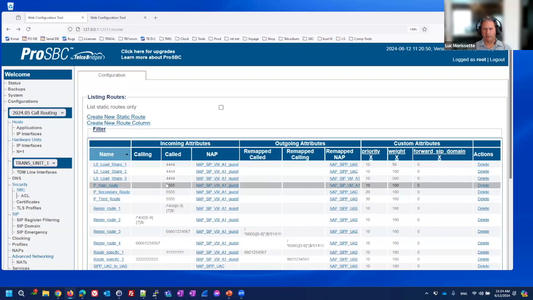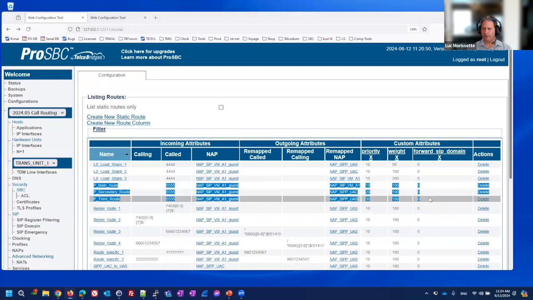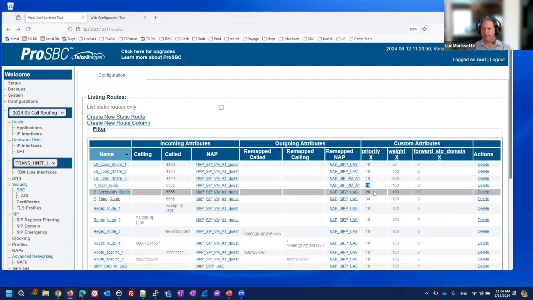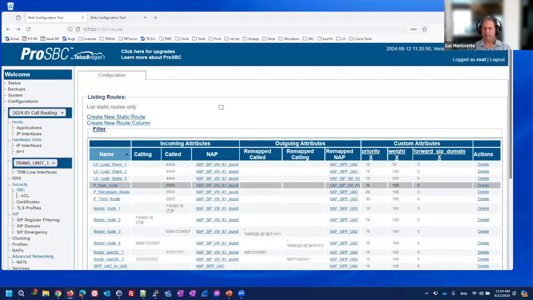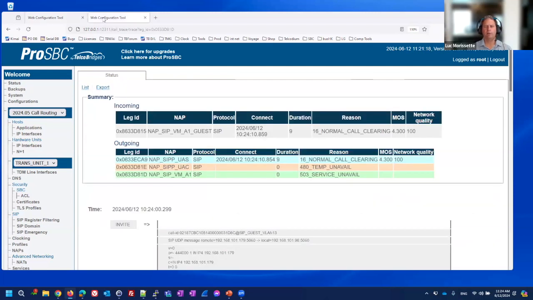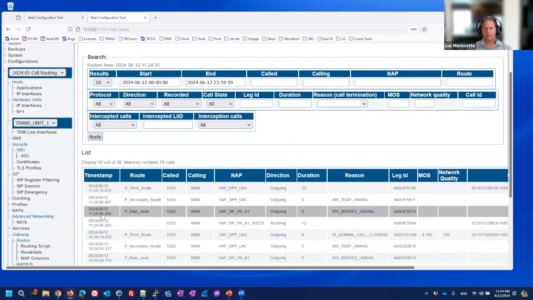So priority, I will be using call lead number 555 here. So I can place a call with 555. And I have three possible routes here. The first route is 10, 20, 20, 30. So that means it's going to try this one first, then the second one, then the third one here. So if I go here to my list of call trace, so this is the call I